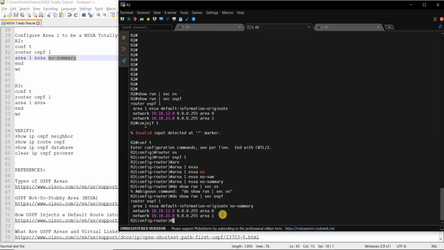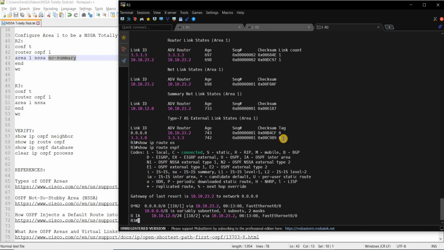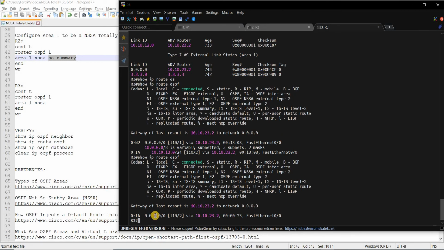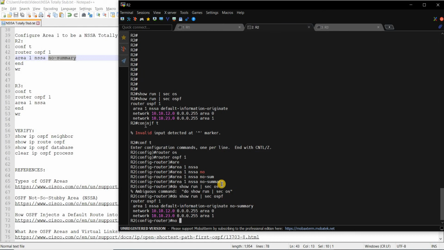Oh, it does not override it. I will remove this because I didn't know that's an option. So we see that we don't see the summary LSA or this route, but I'm actually going to just remove this because